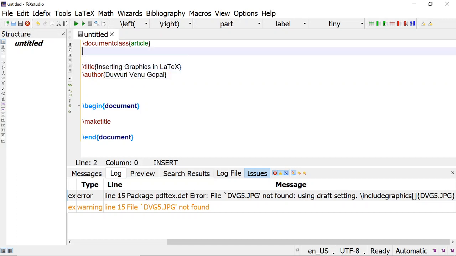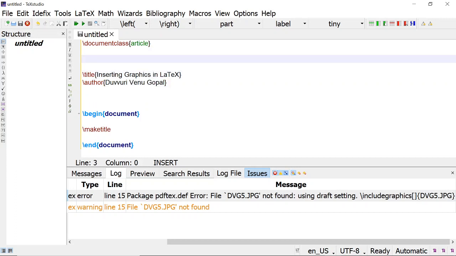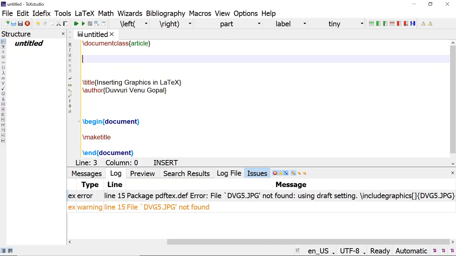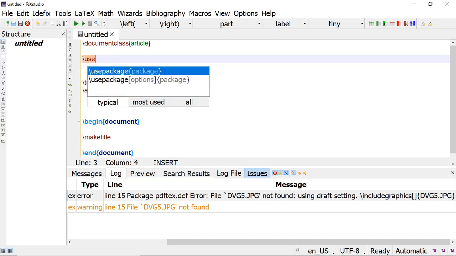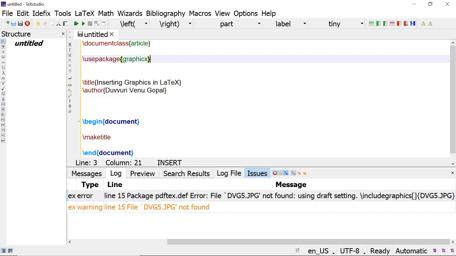And for inserting graphics in a LaTeX file, we have to use a specific package. Use package, and the package's name is graphicx.